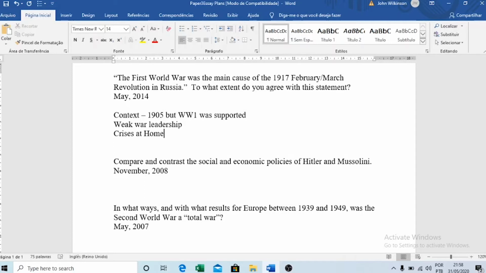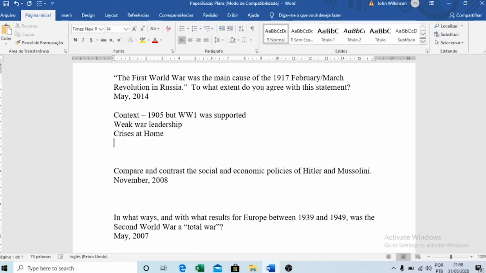But what else was a factor? So we have to move to the times before the war. Tsarism as an anachronism. Tsarism was quite simply past its sell-by date. I would write about the lack of participation in the system, right up to the aristocracy were frustrated that their voice was not being heard in the government. So I would write about the lack of participation, the appalling lack of civil rights, and I think